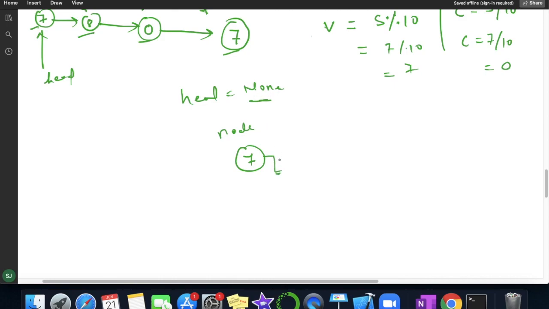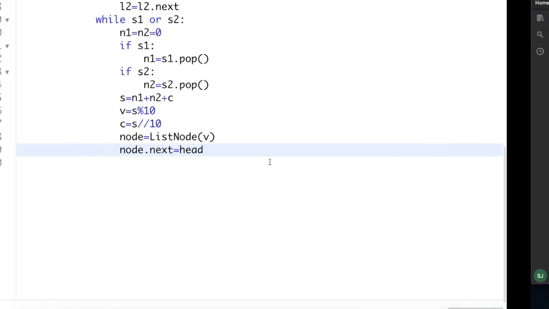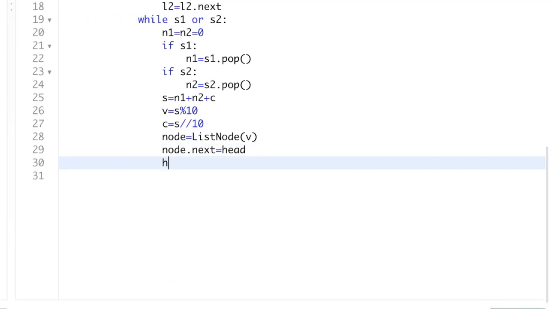Head is how much? None. And I will simply assign this node to the head in the next line, head equal to this node, not mode but node.